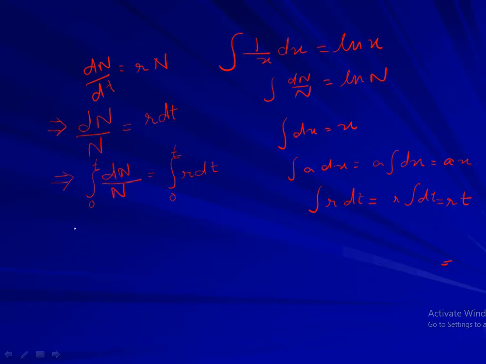So what will you write here? This equation can be written like this: log N with the limit 0 to t is equal to rt. How rt? That has been explained here. So this can be written as log N0, Nt, sorry,